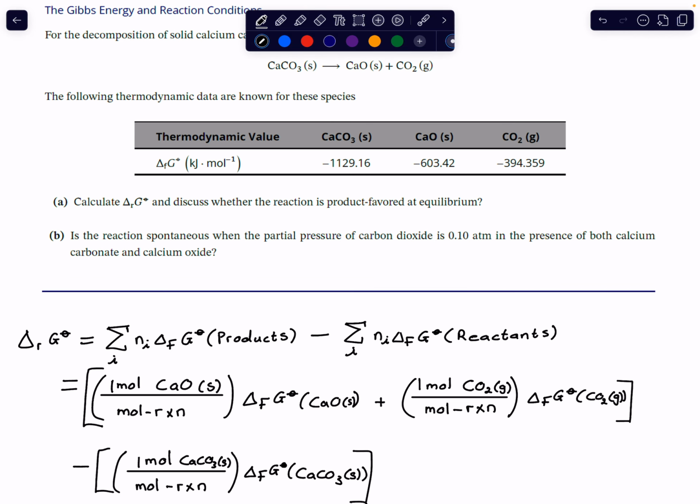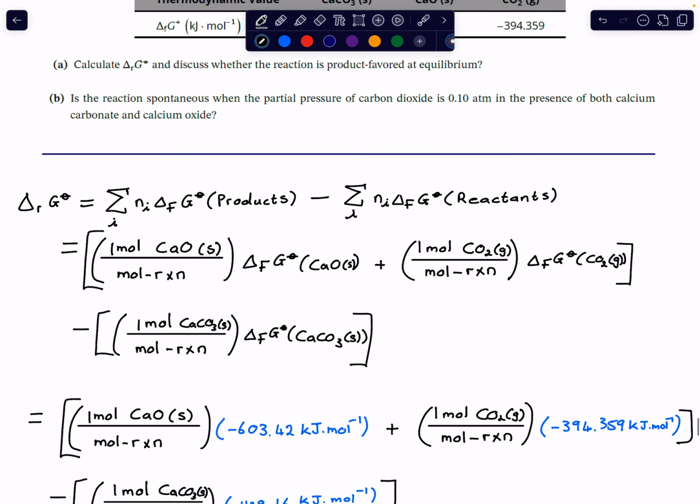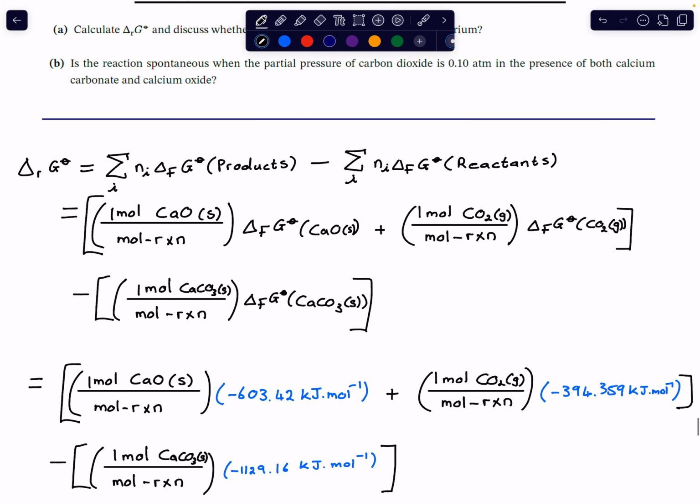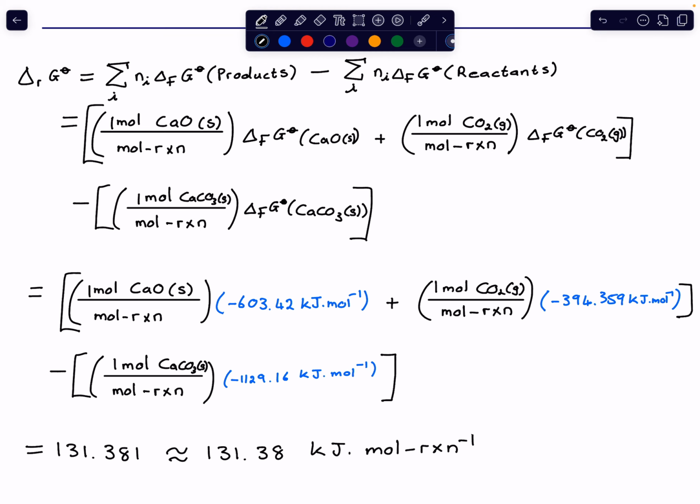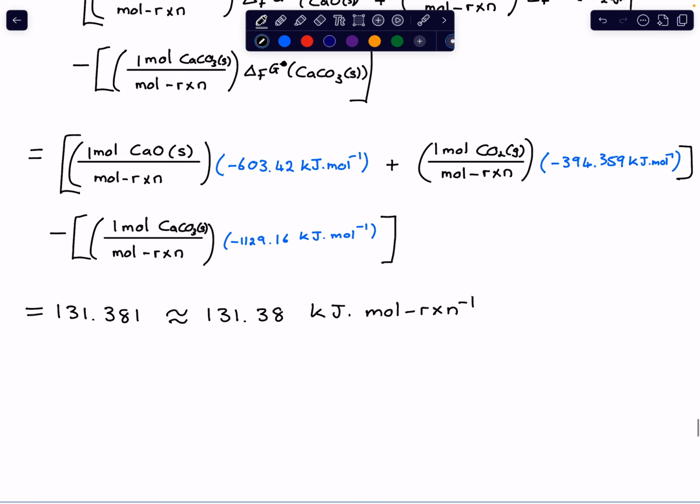So going ahead doing that, I obtained using the values given in the table, none of them are pure elements in their standard state, so none of them are zero. I obtained a value of 131.38 kilojoule per mole reaction. And this is a positive value for the standard Gibbs energy of reaction. So that means that we have a reactant favored